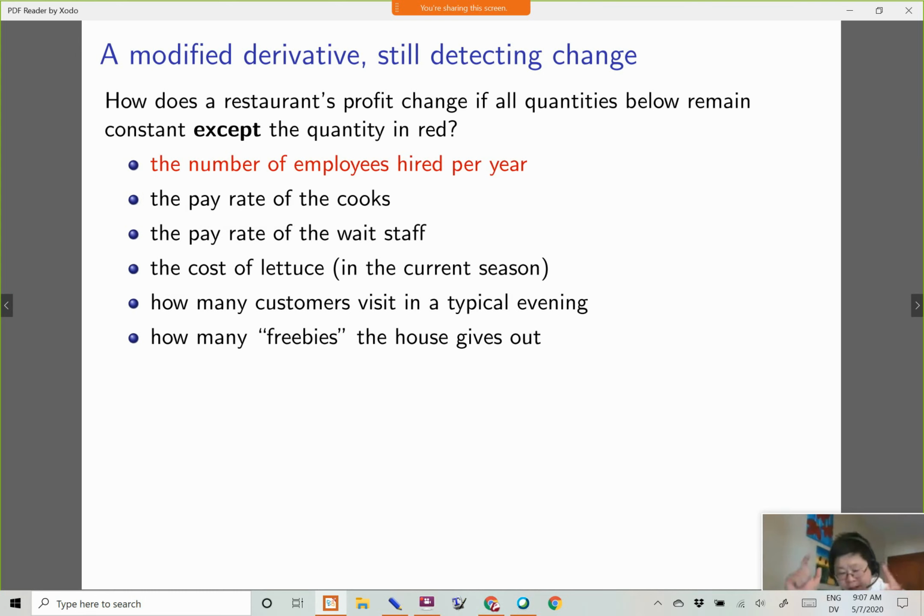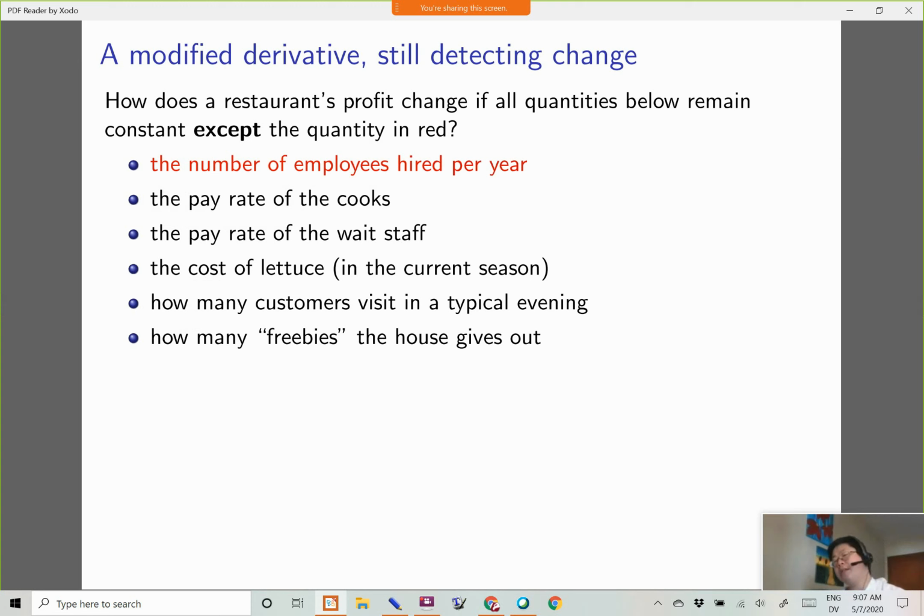There we go. So let's just say all of these things that are not highlighted in red, just run this thought experiment with me, are not changing. Those numbers remain exactly the same. It's unrealistic that the cost of a produce item is going to stay exactly the same for the whole year. But let's just go with it for a moment